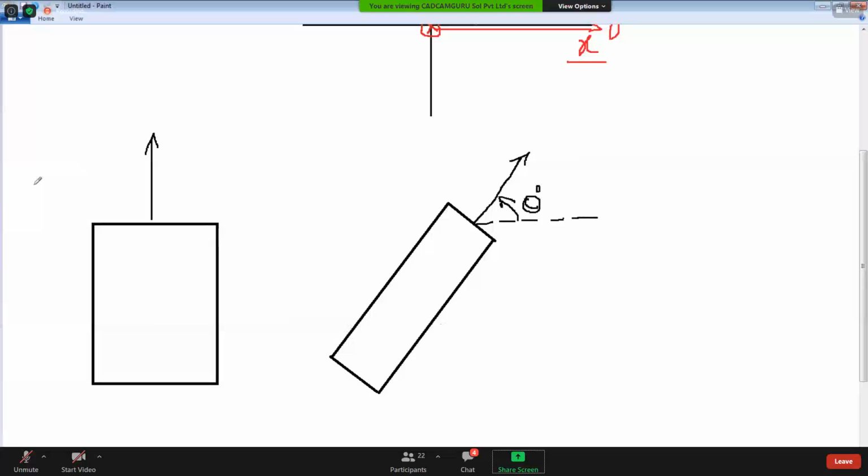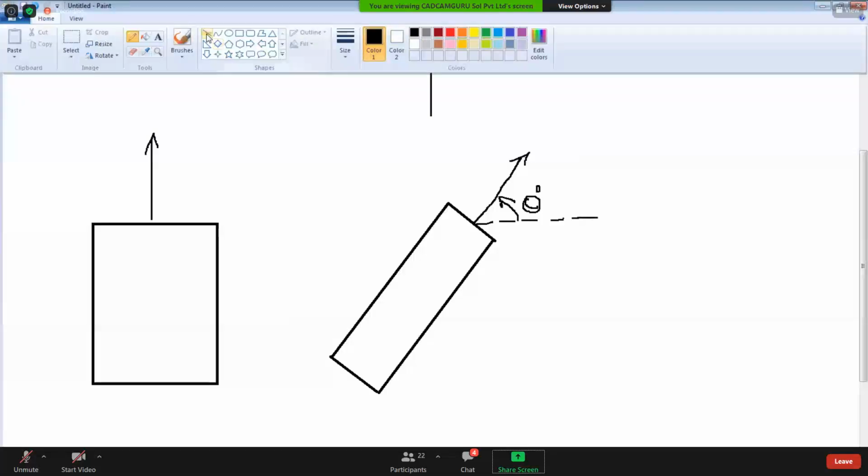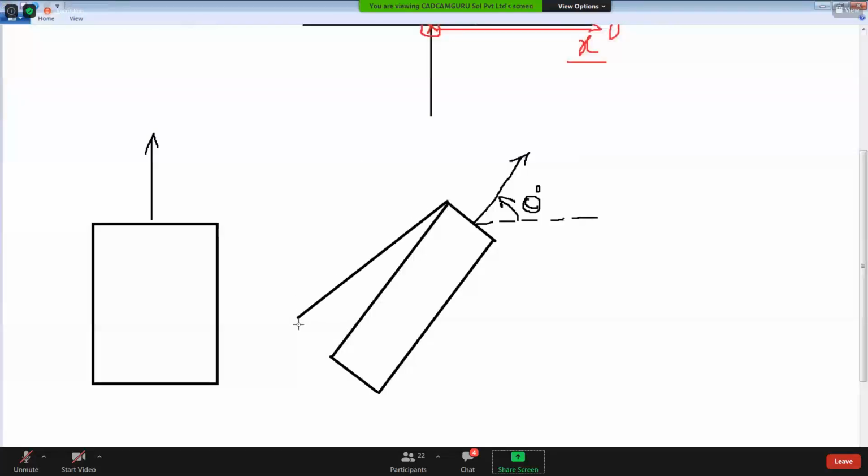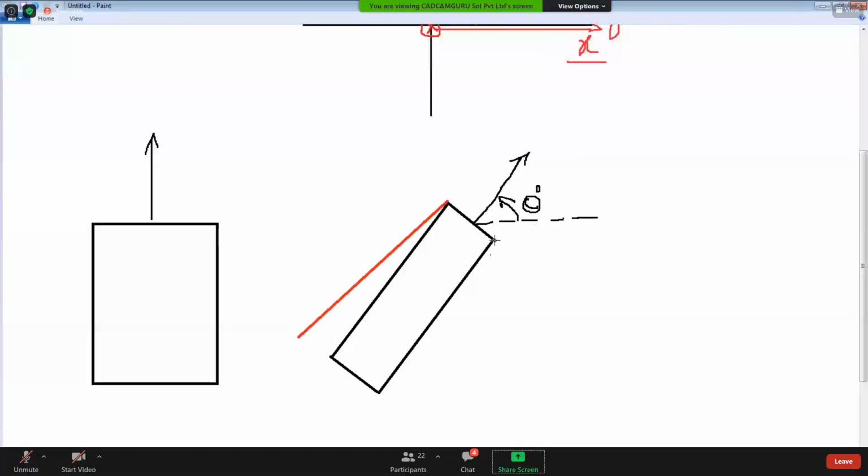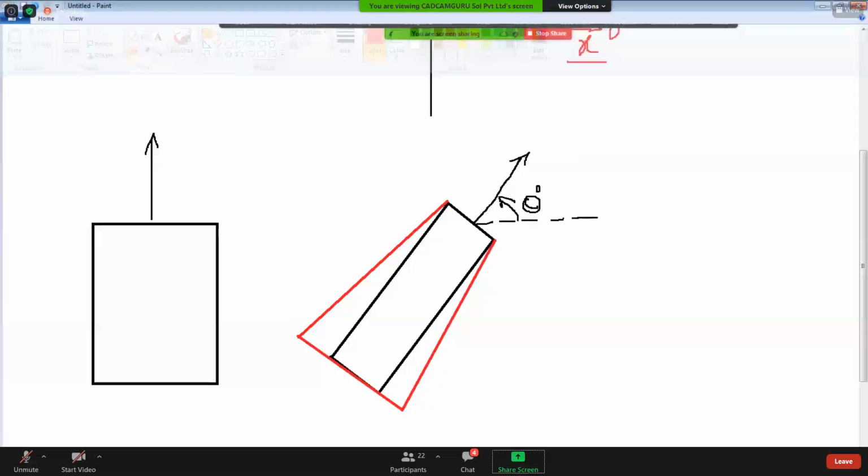Then in this situation, you will get a draft like this. But I delete this.